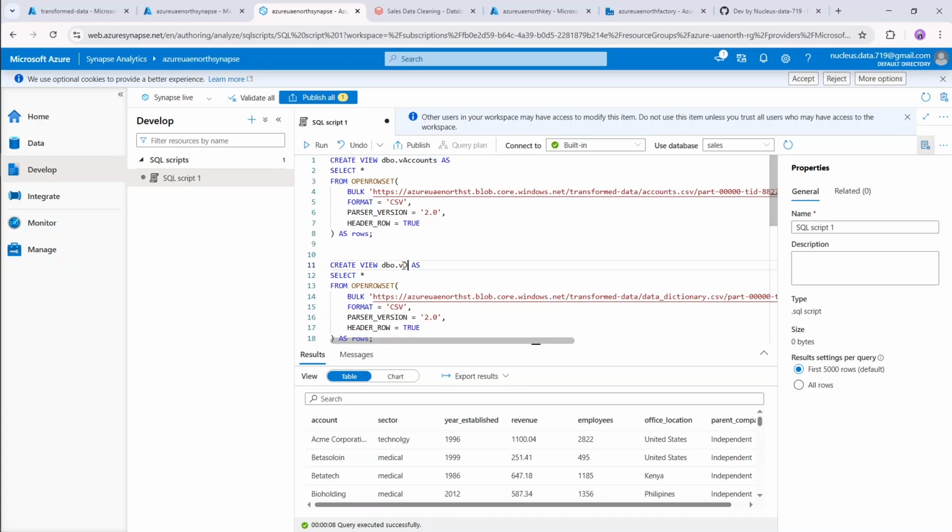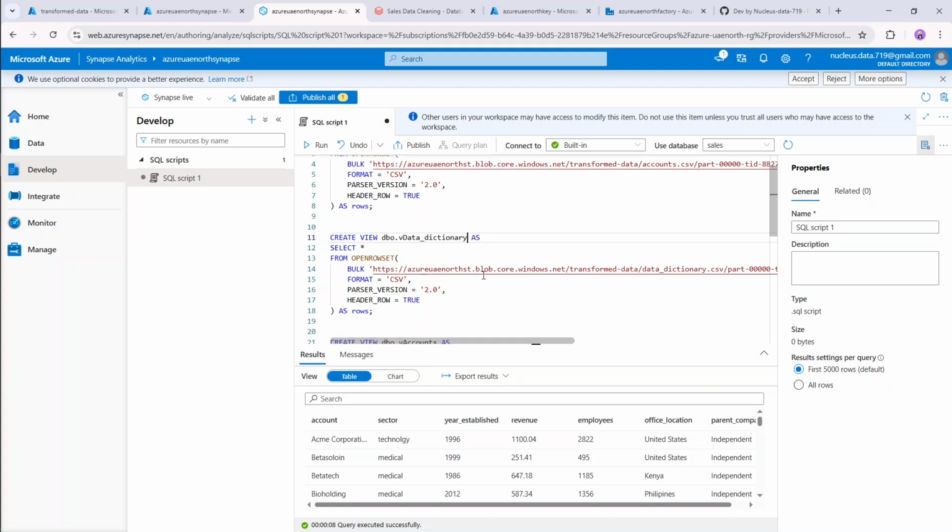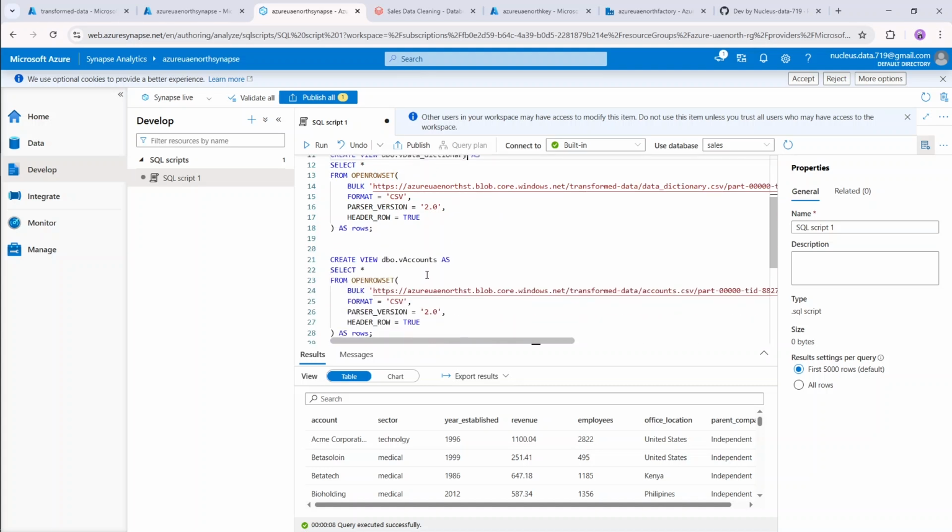This is data dictionary. Okay, and similarly